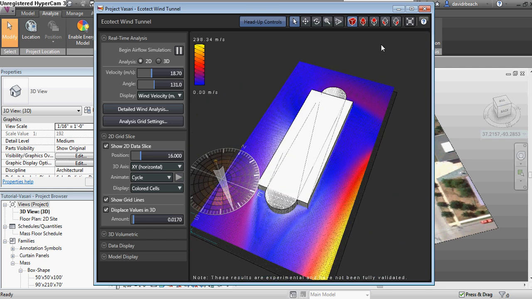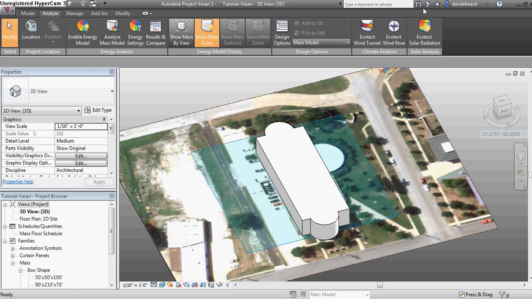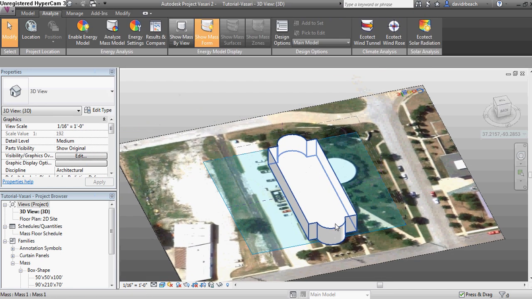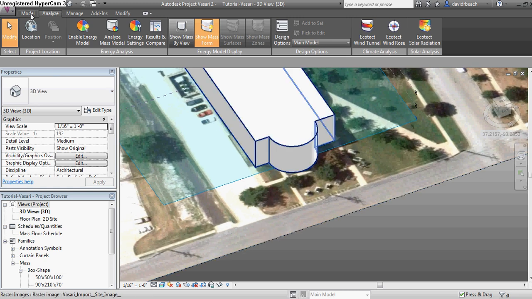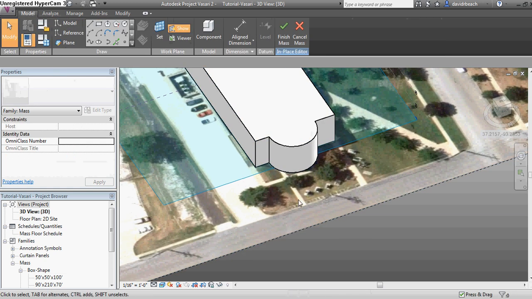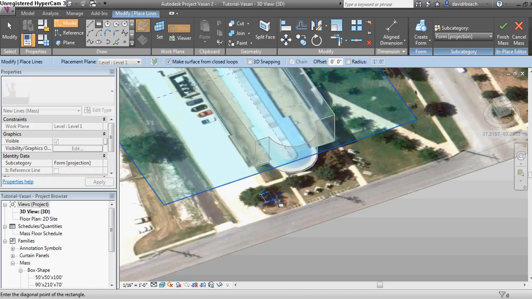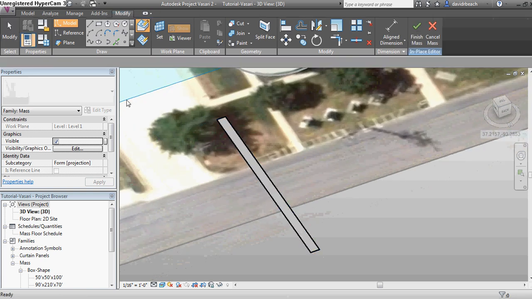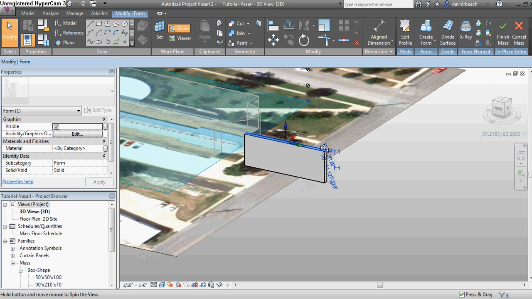So let's go ahead and close this down really quick. And let's look at how we can also build another conceptual model to tap into that idea of looking at cross ventilation for overall building design. So if I go to my model tab and create another mass, I'm going to very quickly model a very, very crude section model of our building here at HSA. I'm just going to go ahead and pull this up,